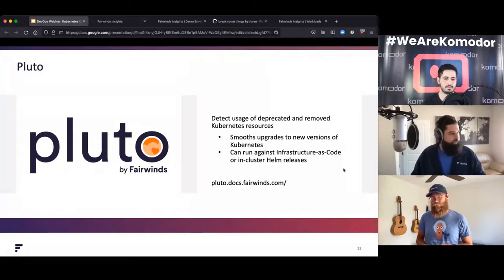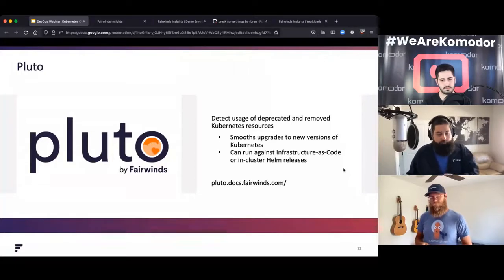And it's actually relatively tricky to figure out what version was in the YAML that was used to deploy it. This is why it's super important to run tools like Pluto and Polaris against your infrastructure as code, your YAML, rather than live in your cluster, or in addition to live in your cluster, we should say.